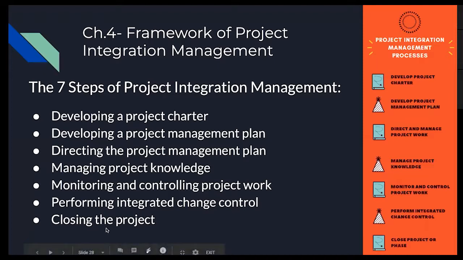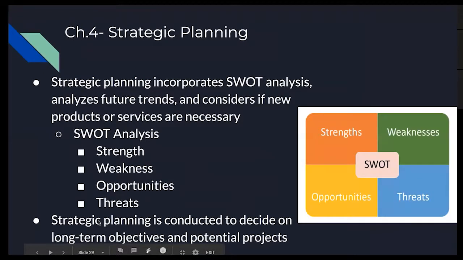And these 7 steps will be touched upon later in the presentation. Now we look at strategic planning, and this is really a basis for everything. Strategic planning, we've all heard of SWOT analysis, and this again is strengths, weaknesses, opportunities, and threats. And this is really an opportunity for a company to look at what they're doing right, what they're doing wrong, what's going to hurt them in the future, and what's going to help them in the future for their business